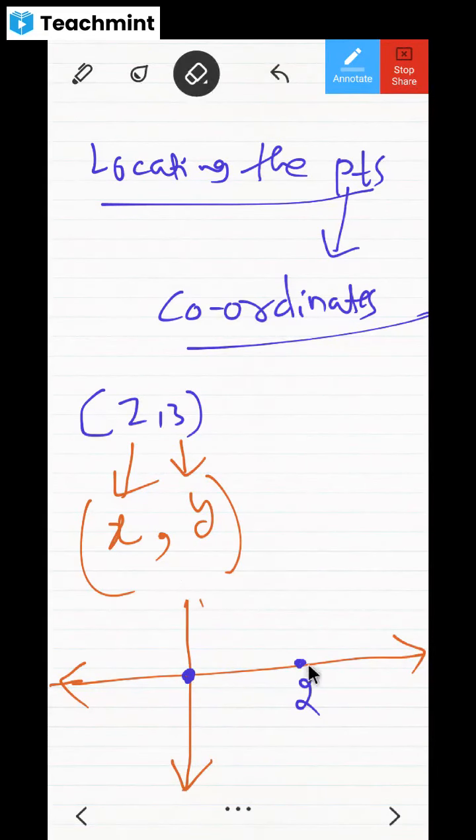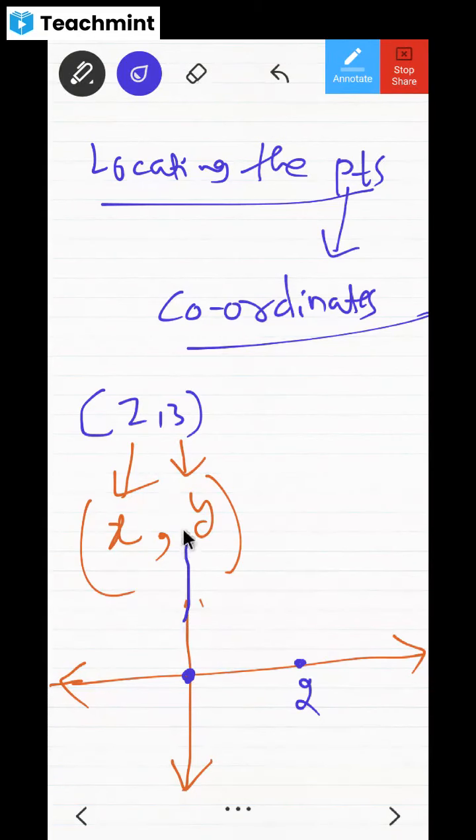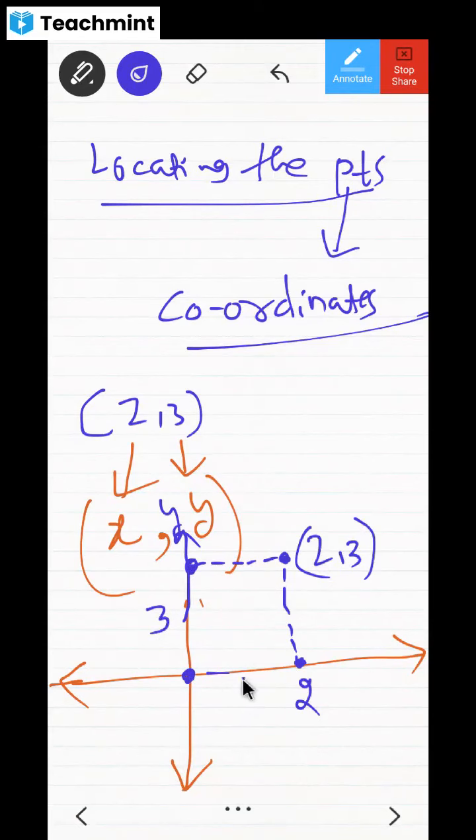Don't feel like, sir, this 2 is more and 3 is becoming less. Don't feel like that. Okay, this is y-axis. On y, I should go 3, and that too from this point, because on x I have come 2. Again I have to go 3 here. Then I have to mark one point here. Then I have to say this point is 2, 3. If it is 2, 3, this is at a distance of 2 units from the origin on x-axis, and it is at a distance of 3 units from the origin on y-axis. Understood? This one is understood, dear children?